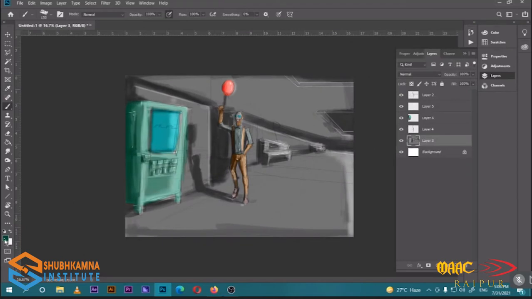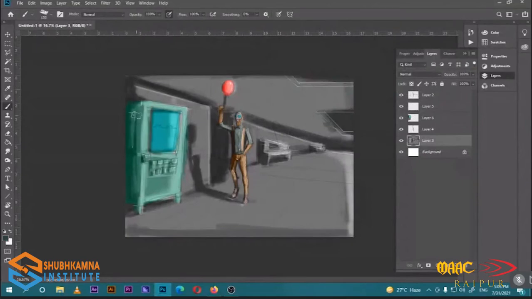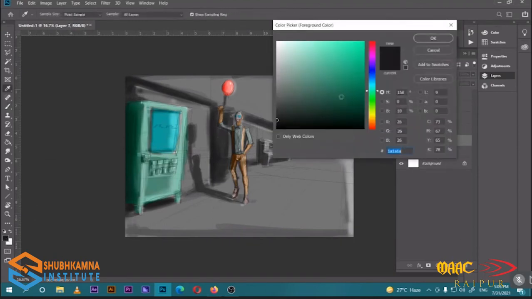We can add some more darkish tones over here, some soft brown brush in order to get some soft dark shadows over here. Select a new layer, give it a blue color.